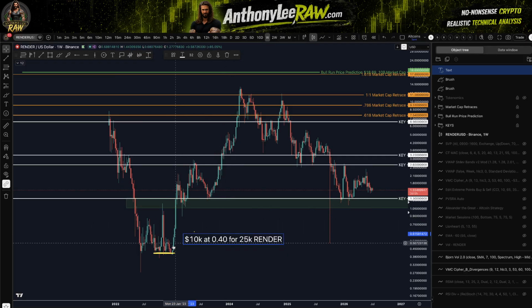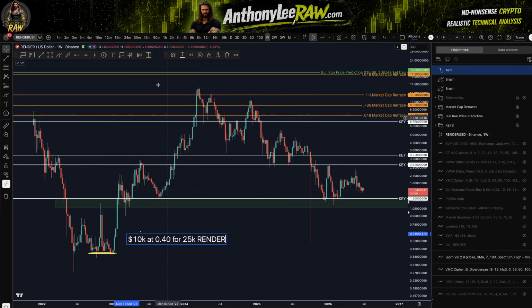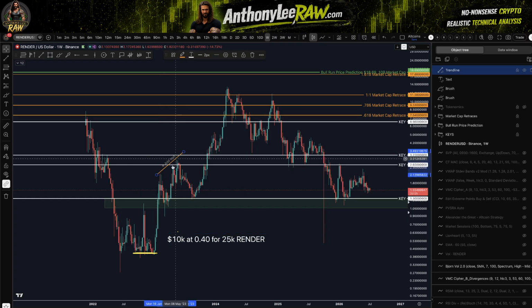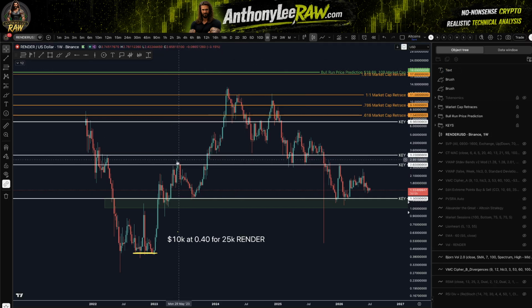Let's say you rode it up and you're bull running up, so you're flying through this first level. You already rejected here at the key level the first time, but you flew through it, and these key levels would have been a little different. And you came up to the next level, and you created some nice bearish divergence there, and you were going to sell because you wanted to accumulate. Bear divs right there, okay, guys? It was there. Trust me. Go look. You wanted to sell there, and where would you sell, okay?